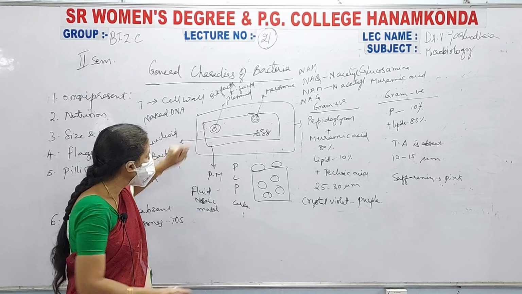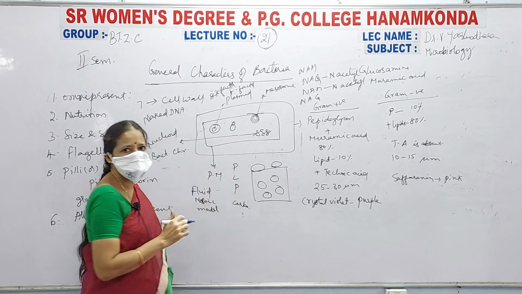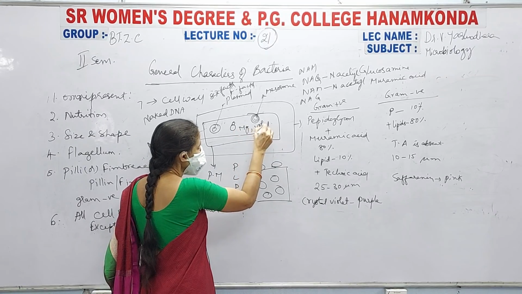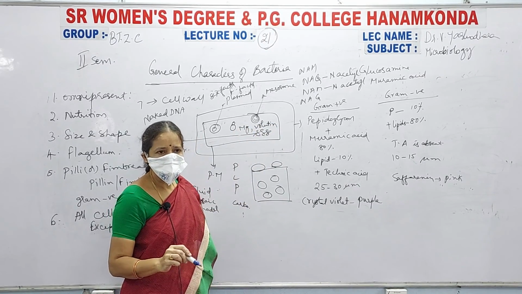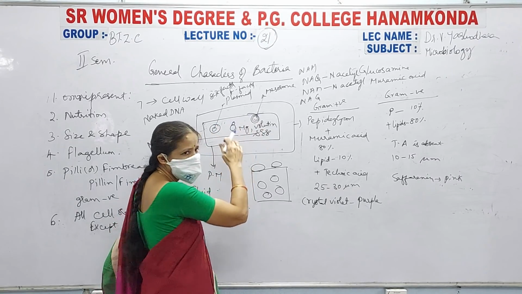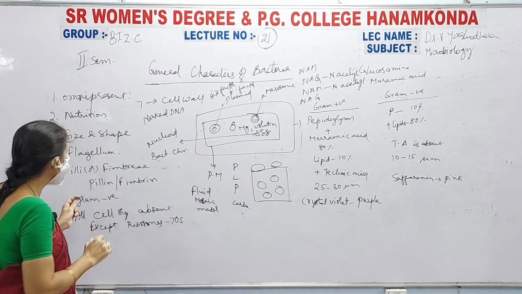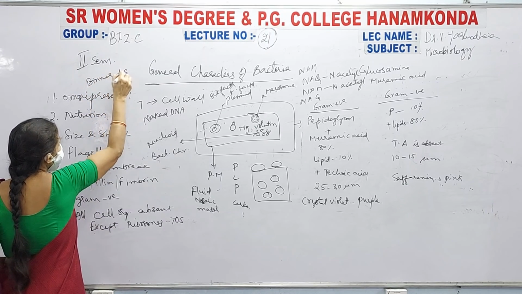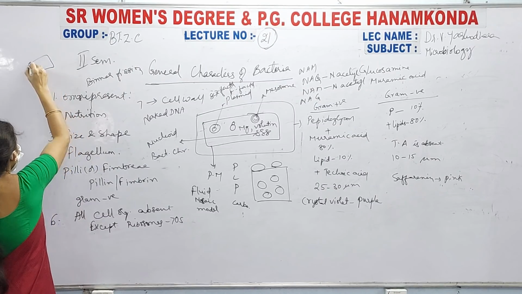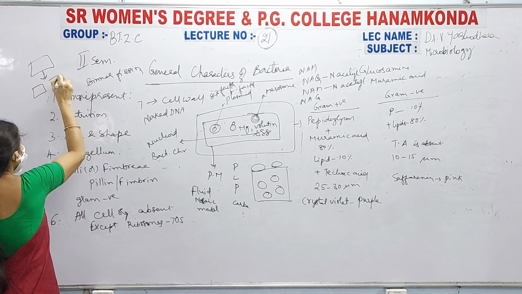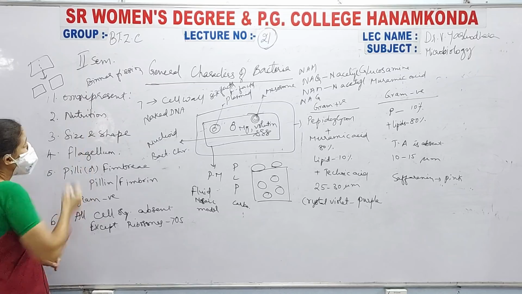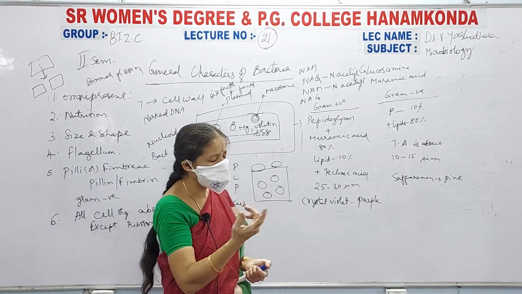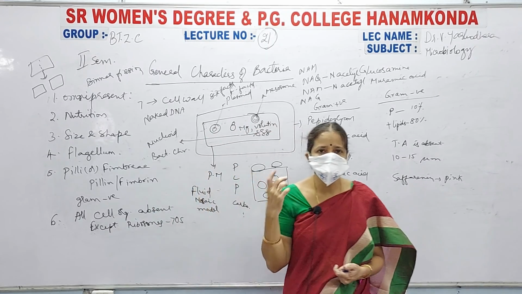Next, it consists of 70S ribosomes, and magnesium granules and volutin granules are present in the cell. Next, coming to reproduction, the most important reproduction is binary fission. All of you know that. Binary fission means this is your bacterial cell, it will divide into 2 bacterial cells. So this is known as binary fission. And next is sexual reproduction, which is conjugation. All of you know conjugation, that is your sexual reproduction.